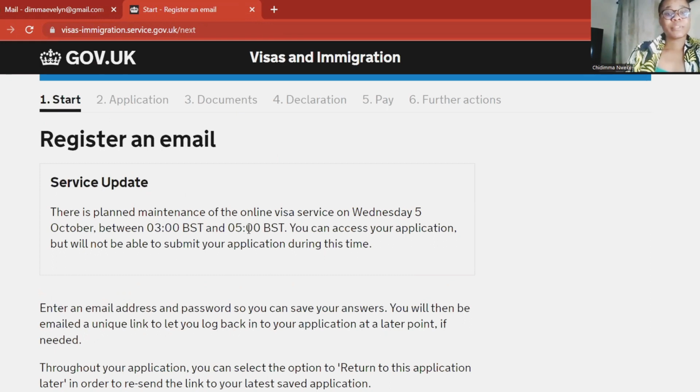So they said that they're updating their website. Oh, you can actually fill your application, but you cannot submit it. So let's go ahead and fill our application. They're doing maintenance on the site between 3 and 5 on Wednesday, 5th October. It has passed now. So coming down,